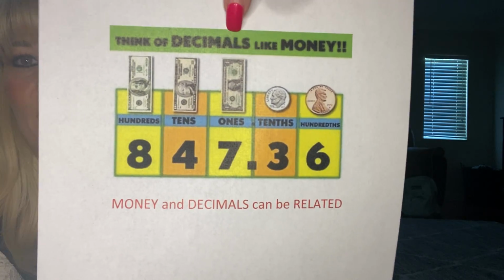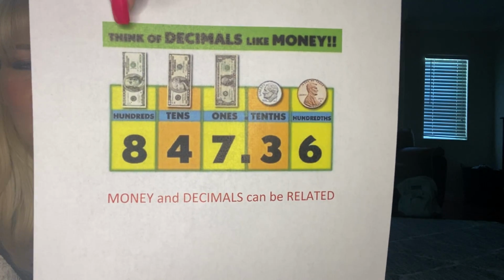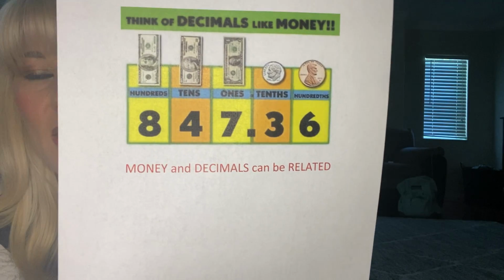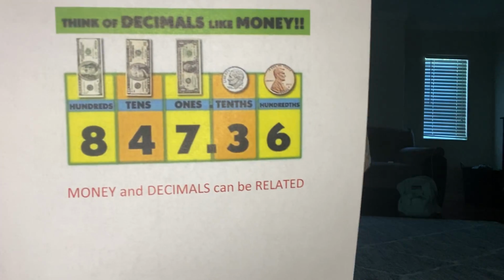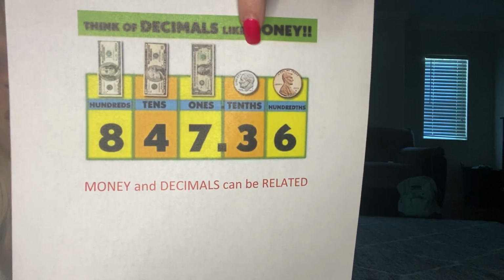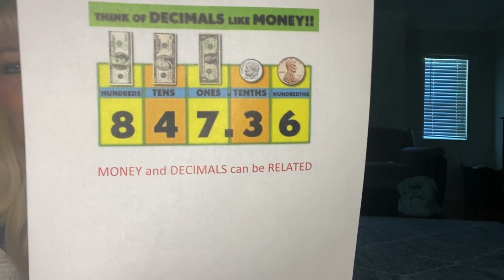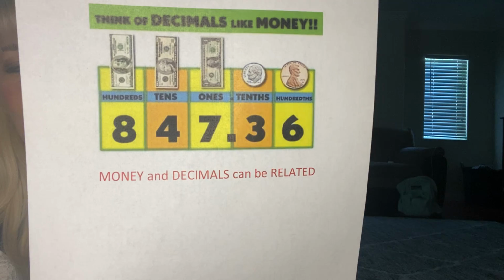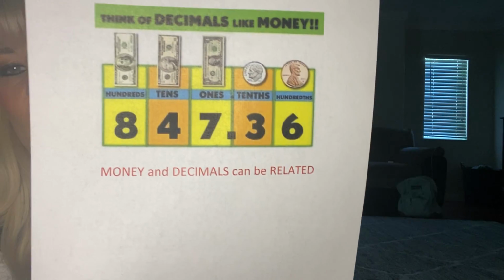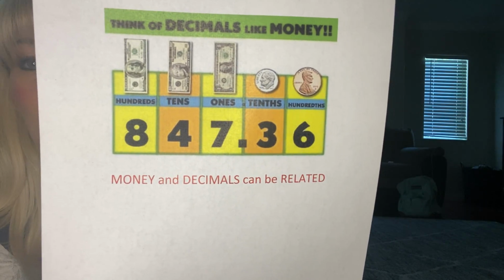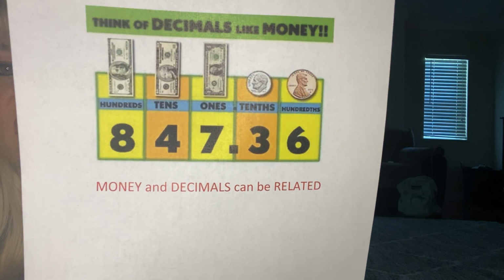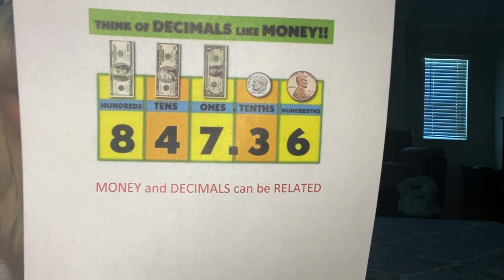If you have $7, that's 7 ones. Actually, this is $800. That's amazing. $847. We'd all love to have that. But if you have a 0.3, the 0.3 is in the tenths place, which stands for dimes. Dimes represent tenths. The 6 is in the hundredths place because 6 cents means you have 6 out of 100,